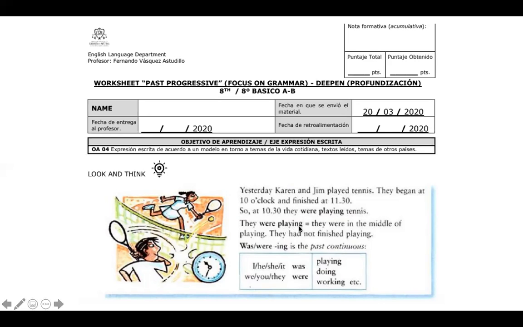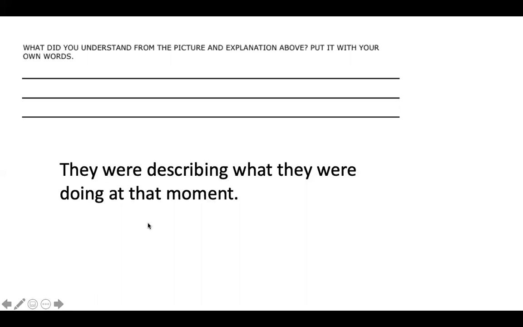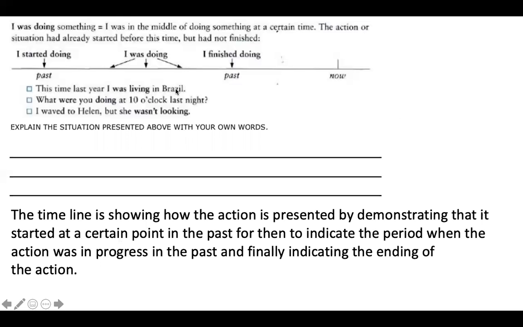They were playing equals they were in the middle of playing. They had not finished playing. So we're in the present of the past continuous because we had was or were plus the verb with ing. So what we have is that they were describing what they were doing at that moment. Then we have here another